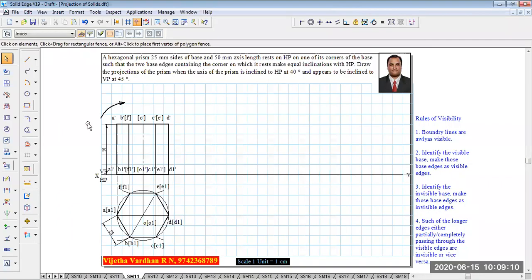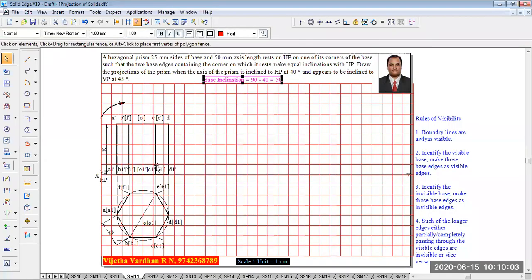Now, when we rotate in the clockwise direction, the corner D1 dash is going to be fixed on the XY line. Now we have to relocate the corner D1 dash on the XY line, and to get the next stage, we have to rotate the base about an inclination of 90 minus theta. The theta angle is 40 degree, that is the HP inclination given. So 90 minus theta is equal to 50 degree. When we rotate the base about 50 degree inclination, we are going to get